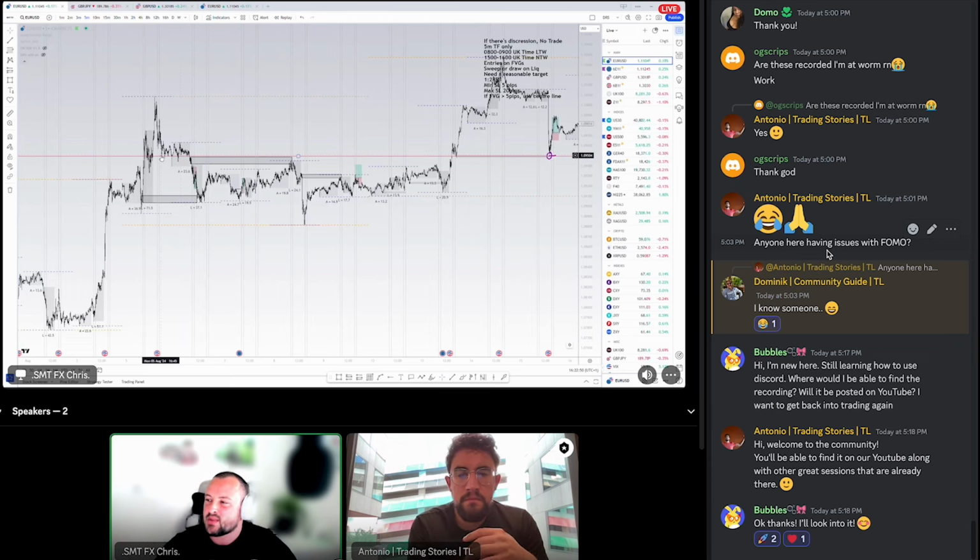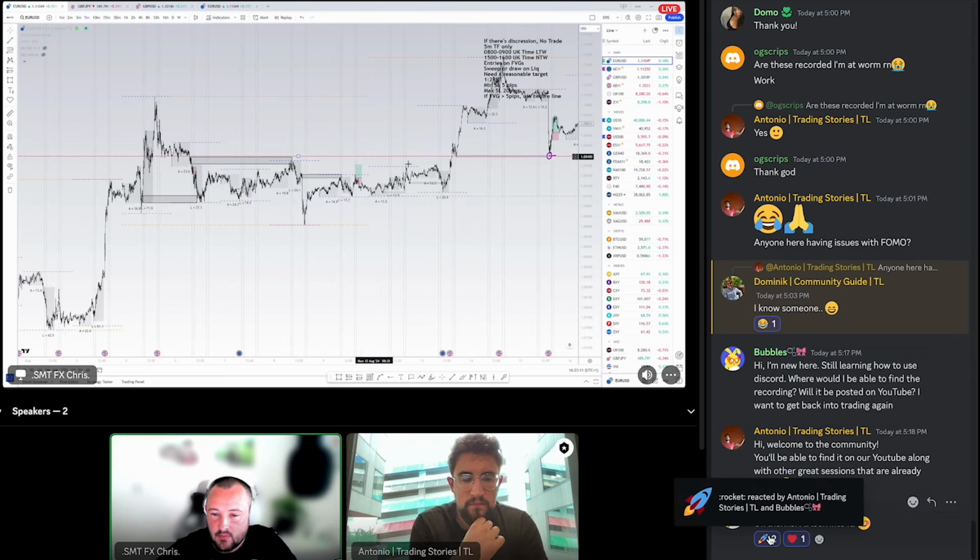I don't particularly use support and resistance when I'm trading, but sometimes I will look at it and say, actually, there's likely going to be some kind of liquidity there. Would that liquidity be people buying? Would it be people selling? Would it be stop losses? Would it be TPs? Because liquidity is not just people's stop losses, it's also TPs. So there might be a reason for price to come down to this level.